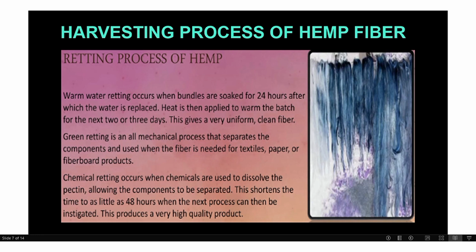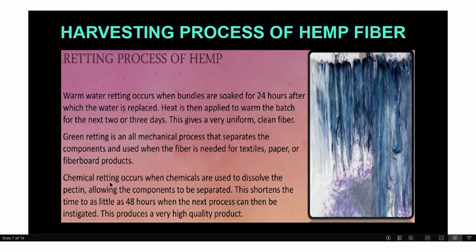For linen or flax fiber, different types of retting processes are done. It depends upon one's choice which you adopt, like water retting, dew retting, chemical retting, and enzyme retting. Different processes in the case of linen. In the same way, different processes for hemp retting are done. Chemical retting is a process that separates the components and is used when fiber is needed for textile and paper